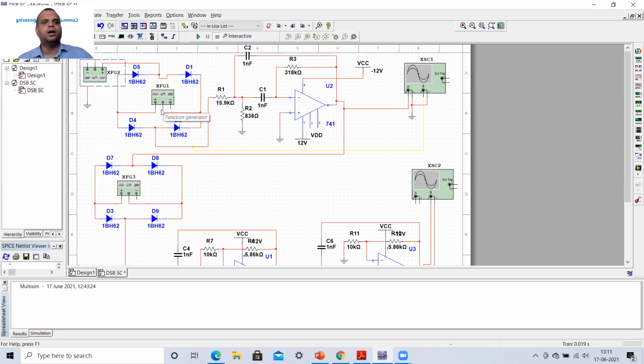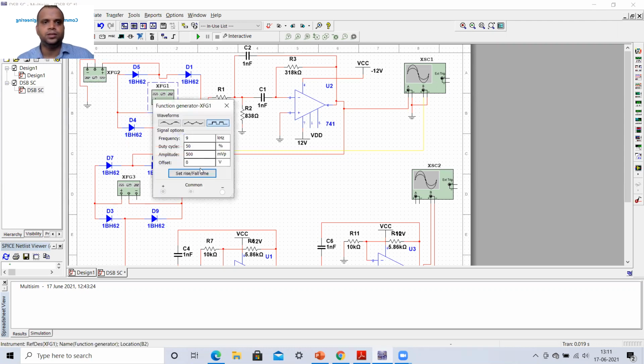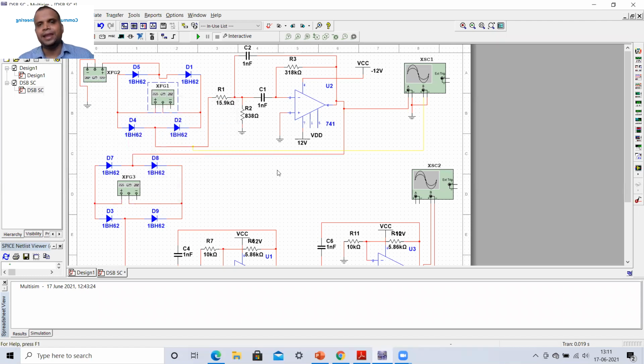You remember that in the switching modulator we have to use a symmetrical square wave as the carrier. So here I am using the symmetrical square wave. Its duty cycle I have taken as 50%, and the frequency of the square wave I have taken as 9 kilohertz. If you remember my previous lectures, in which I already implemented various filters such as low pass filters and the band pass filter, I had already designed one band pass filter whose center frequency was 9.1 kilohertz.